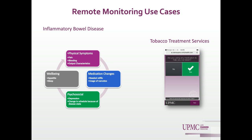So the tobacco treatment services are available for patients who are currently smoking and have been discharged from the hospital. They use their own smartphone to answer a questionnaire. There's branch logic that understands patients' current usage of tobacco, but also, just as importantly, their willingness to quit. The ability to push out informational links, again, similar to the IBD program, and